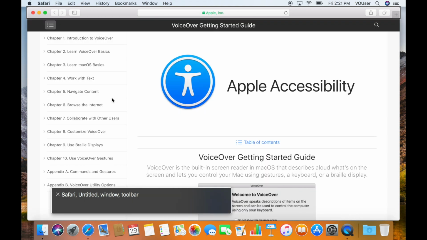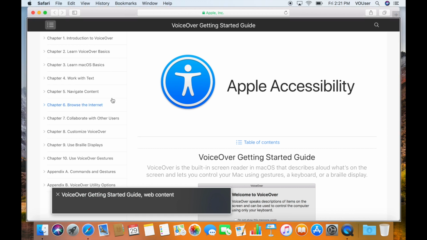First, press VO right arrow to hear Getting Started Guide Web Content. New tab button. Vertical splitter. VoiceOver Getting Started Guide Web Content. Interact with the web content with VO Shift down arrow. Web application. If this is your first time using the VoiceOver Getting Started Guide, I highly recommend using